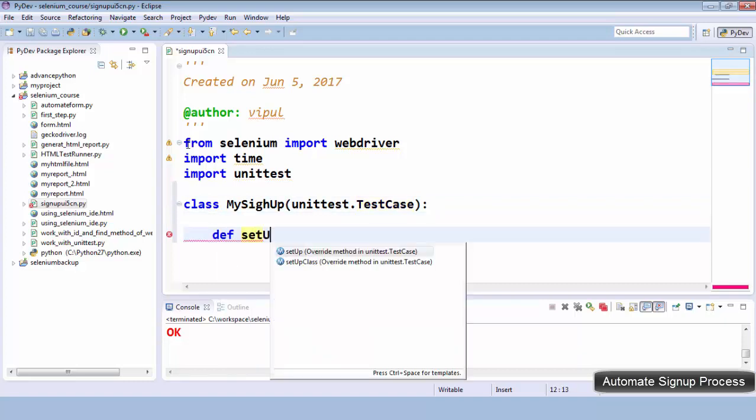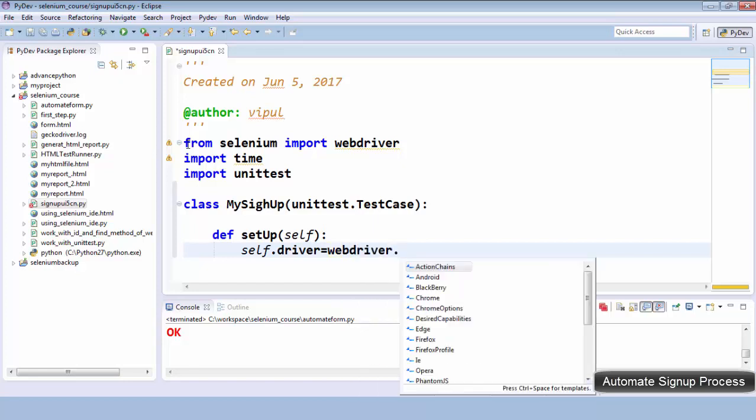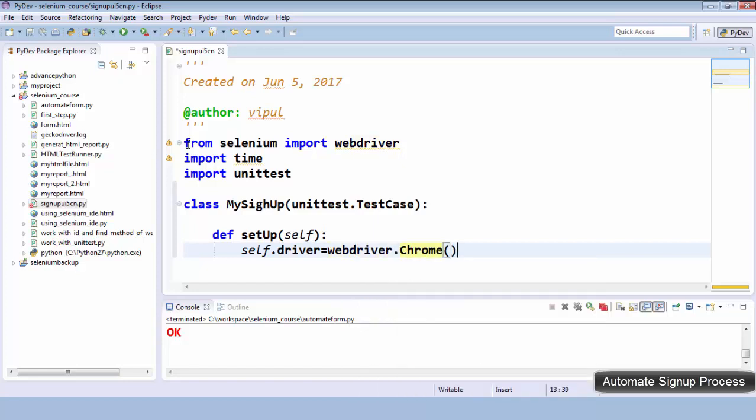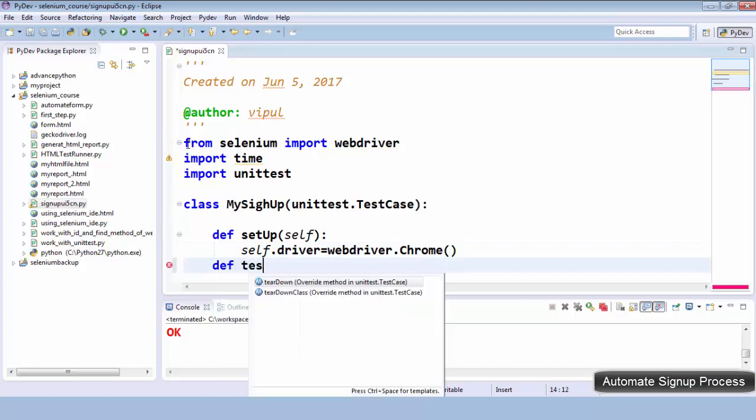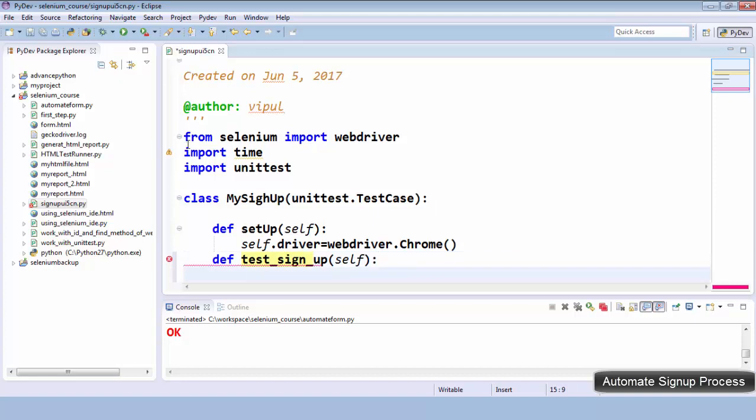method. So we have to override it, and here let's say self.driver equals, you can use here WebDriver.Chrome. We'll use Chrome here, and then our test case. So let's say def test_sign_up, and here we'll create the private variable. Let's say driver equals self.driver,